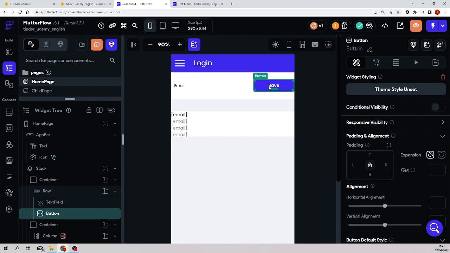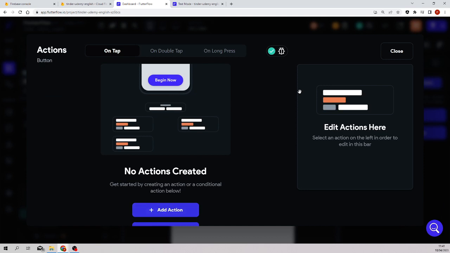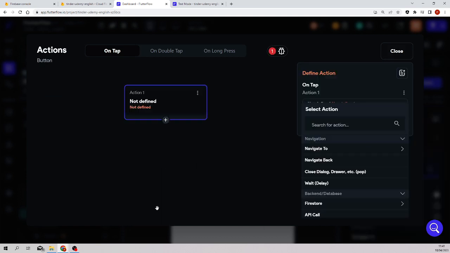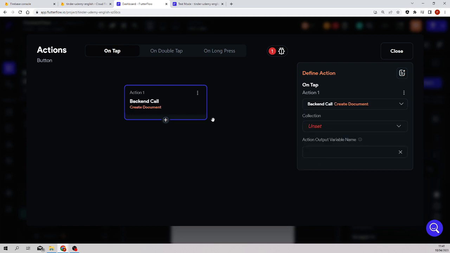I go to the button and I come here to the actions, okay? I come to the actions and I will click on add an action. Well, in fact, I will add two actions. So I will open the flow editor. Remember that when we need more than one action, we need to do it there. I click in add an action, and the first action will be to create a document in Firestore. Okay, create a document of the collection users,